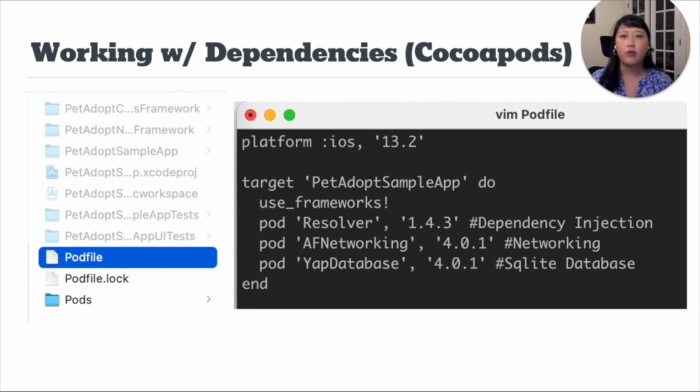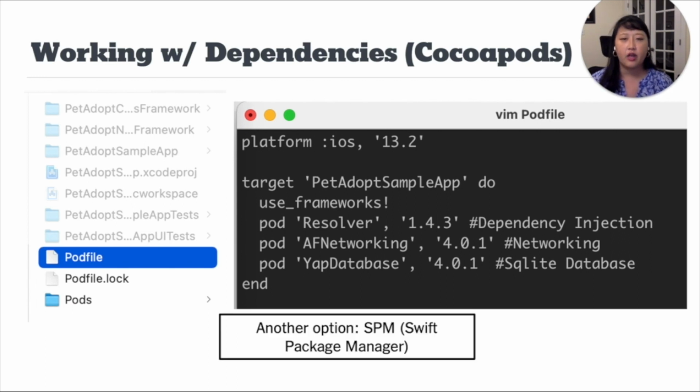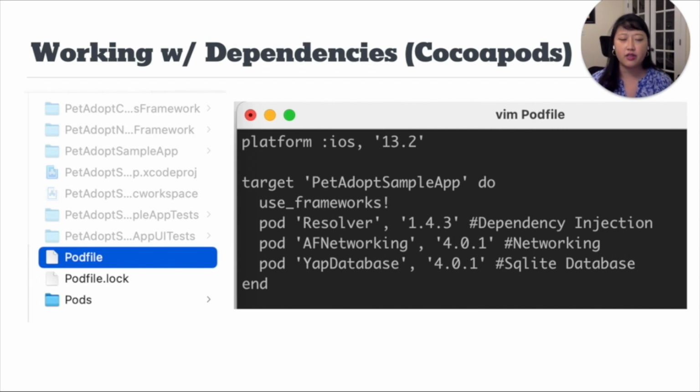Now let's talk about working with dependencies. So a lot of iOS developers use CocoaPods, which is a third-party scripting library, to hook in dependencies into their Xcode app. Also, iOS developers can use SPM or Swift Package Manager, but for this presentation today, we're going to be focusing on CocoaPods. Now, as I mentioned, CocoaPods is a third-party scripting system, and basically what you do is you specify a pod file to specify your dependencies, for example, which you'll see here, and then you'll run a script, and then CocoaPods will use Ruby to automatically install those dependencies into your Xcode project, into your targets as